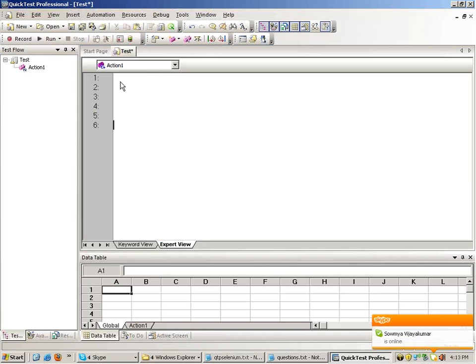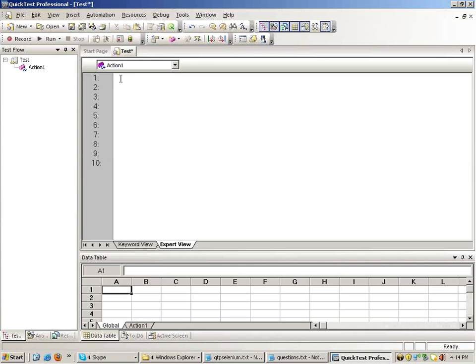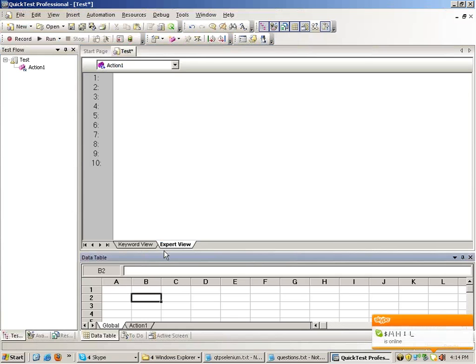All right. So now I'll talk about the concept of a shared object repository a little bit, right? And after that, I will talk about VB scripting and reading values from a data table. But I think you already know the data table. I just saw your desktop, you were using it.